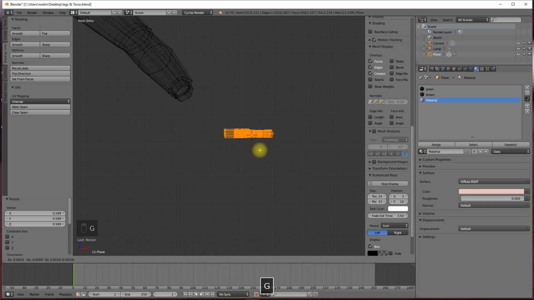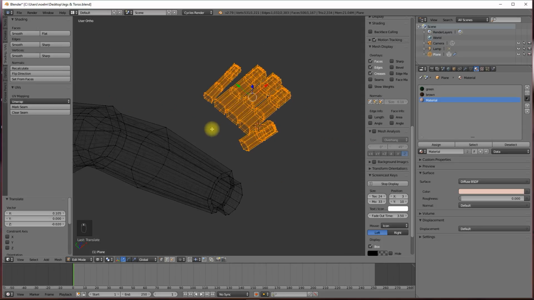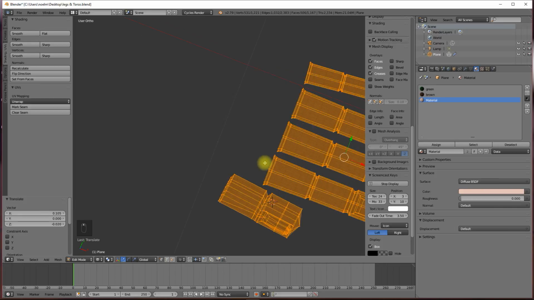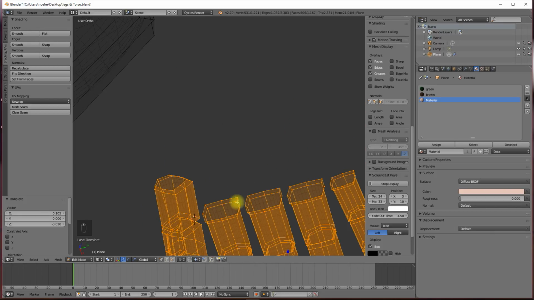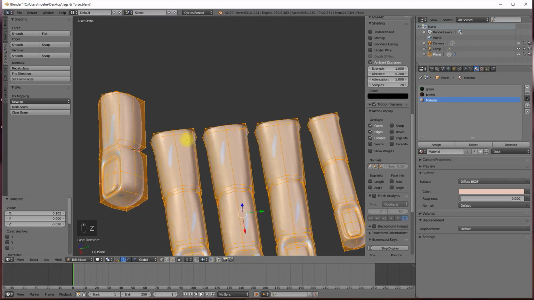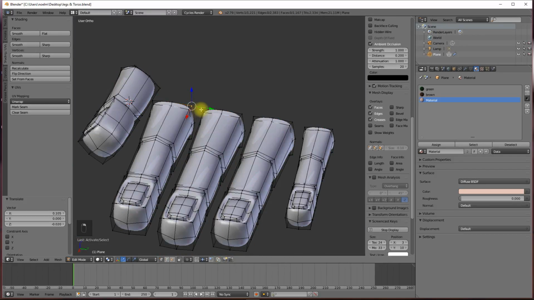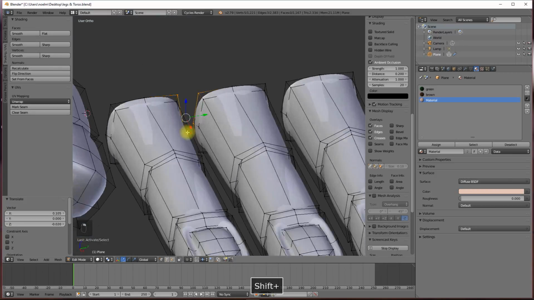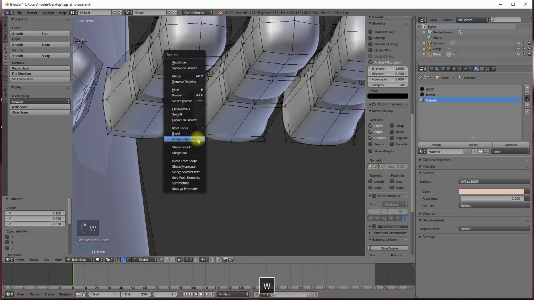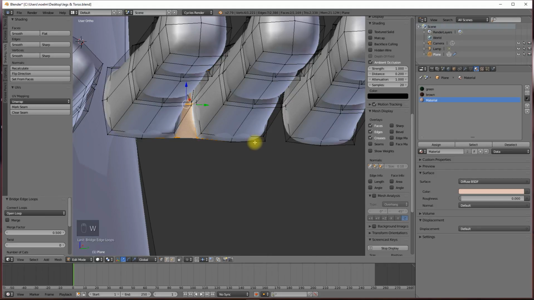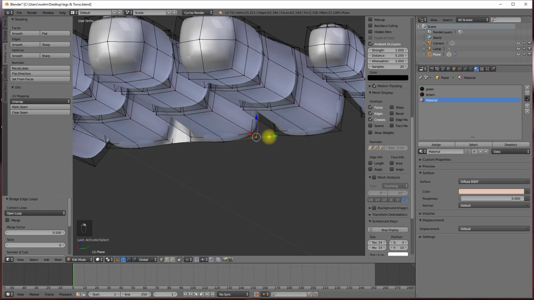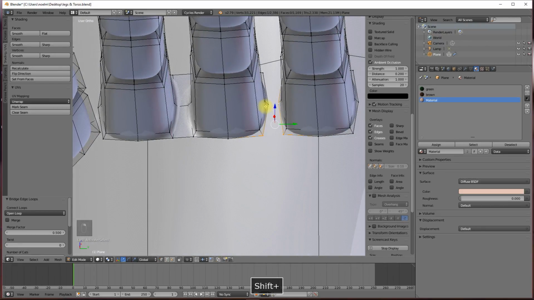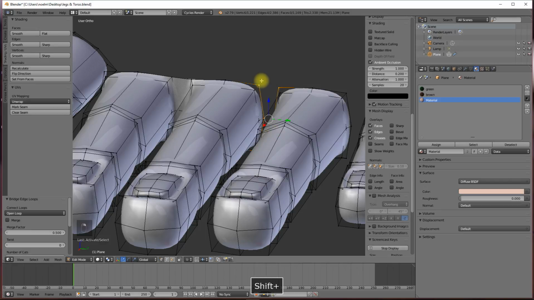Now I'm not going to rotate it so that it's at the appropriate angle yet. We obviously want to join it all up and make something a bit more coherent from it. So first things first, we're going to join the base of the fingers. So 1, 2, 3, 4, 5, and 6, and we'll go W bridge edge loop, and we'll do the same over here. So 1, 2, 3, 4, 5, 6,